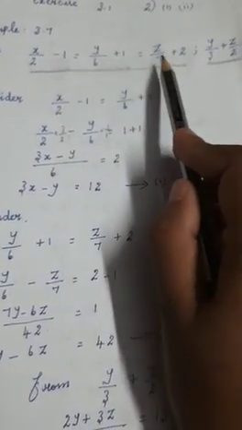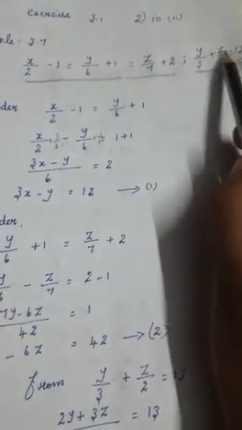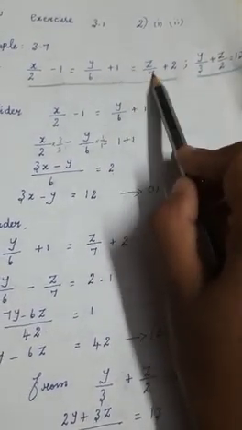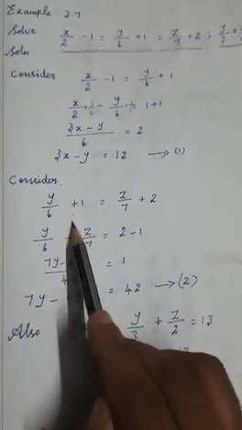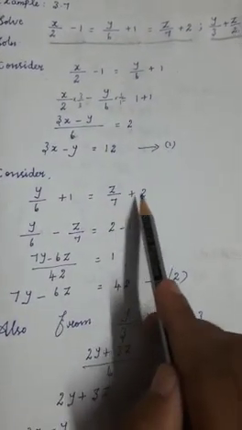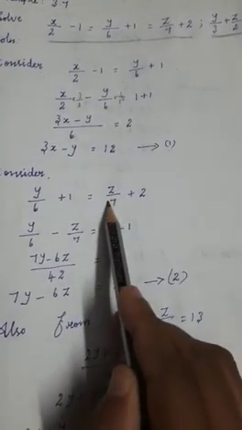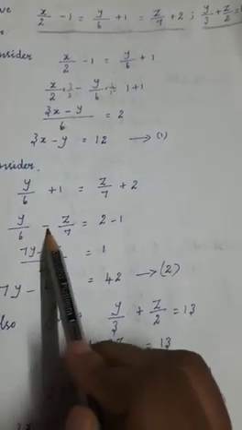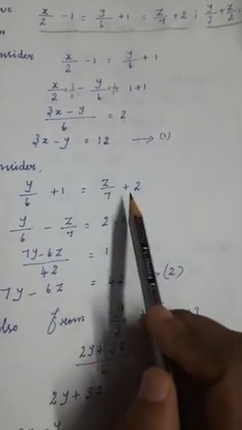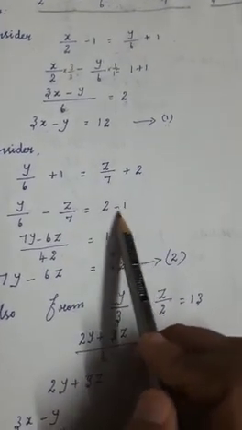Another equation we need, that you can choose from the second and third, because here also the variables are y and z. If you choose y and z, easily you can solve. So now see, these two you can take. Okay. So now consider y by 6 plus 1 is equal to z by 7 plus 2. Same thing you can do. Y by 6, this plus part if you bring it to the left hand side, it will become minus. So y by 6 minus z by 7 is equal to, the right hand side already you have 2. So the plus 1 if you transpose to the right hand side, it will become minus 1.